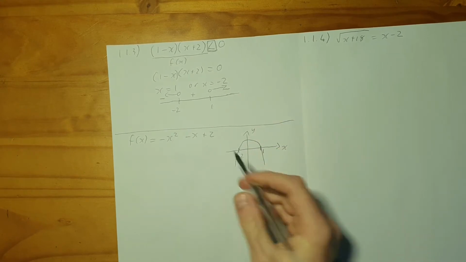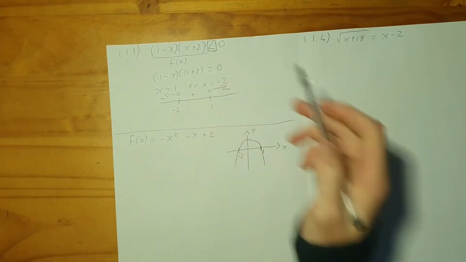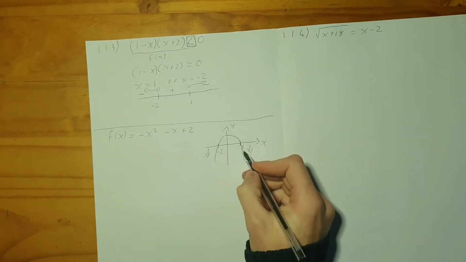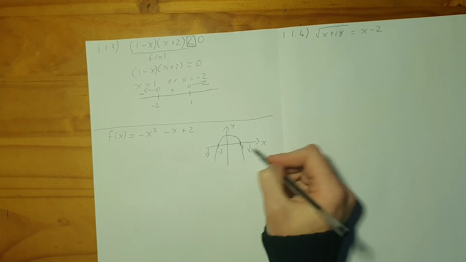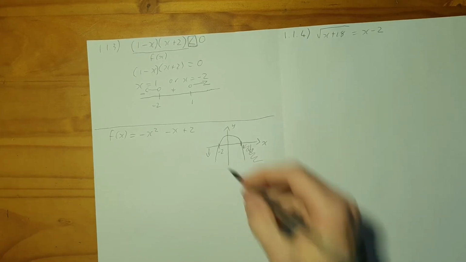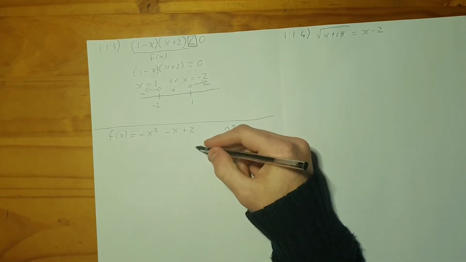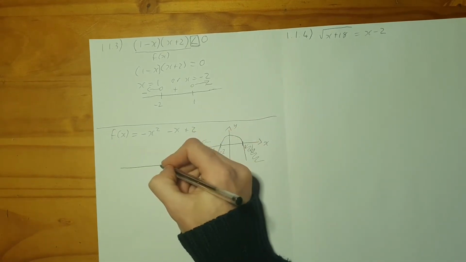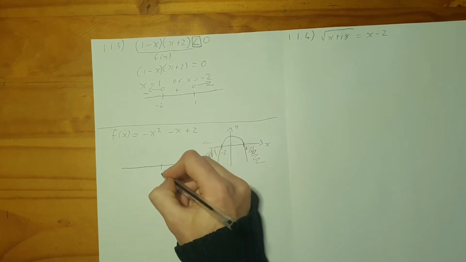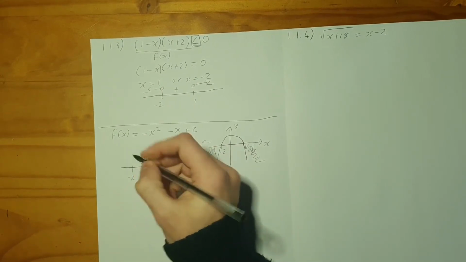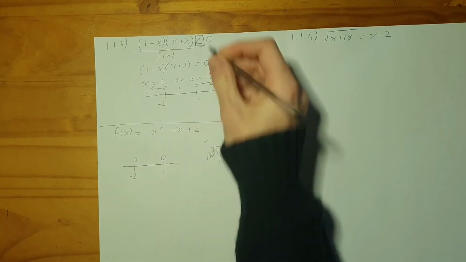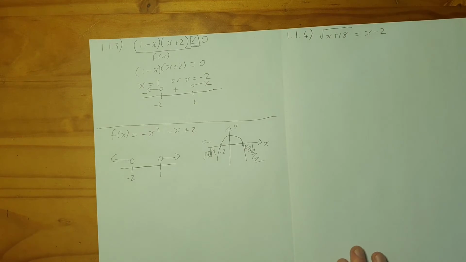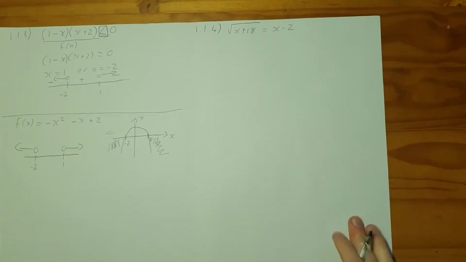X and y. So what it's asking is, where is f of x below the x-axis? Okay, if we look at this drawing, from 1 to positive infinity, it's below the x-axis, and from negative 2 to negative infinity, it's below the x-axis. So on our number line, we'll have 1, negative 2, open circle, because it's strictly less than, and our arrows point outwards. Okay, looking at 1.4 now,